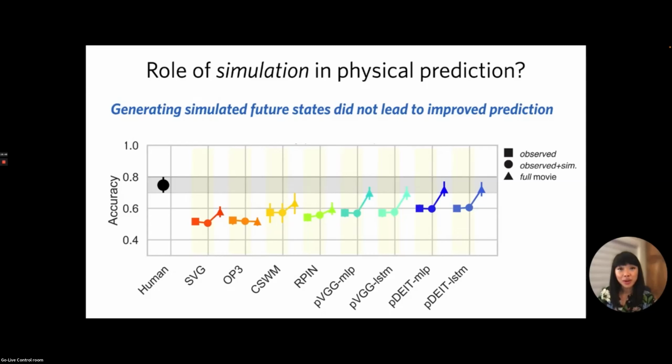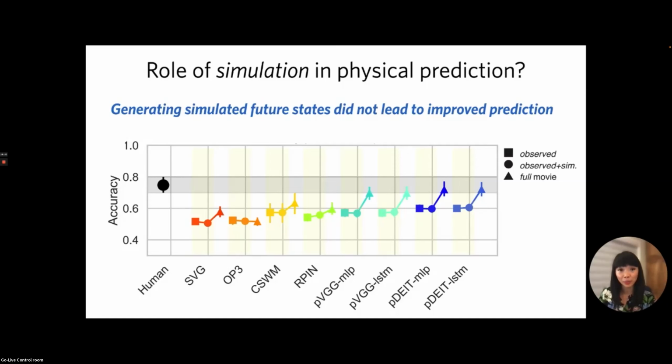These results raise the possibility that the main way these vision models were able to achieve above chance prediction was by using visual features already available from the initial frames of the video, like object position, shape, and contact relationships that help to give away what the final outcome would be. And to some extent, these kinds of shortcuts might be unavoidable for the types of rigid body scenarios we tested,